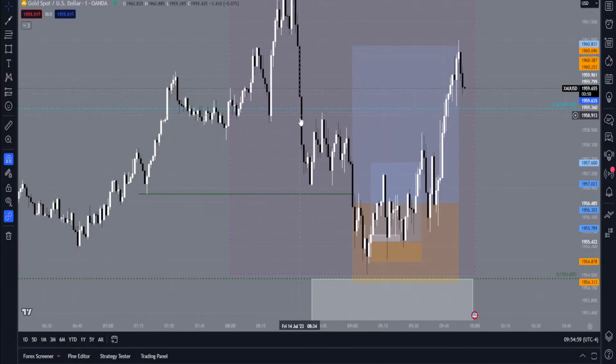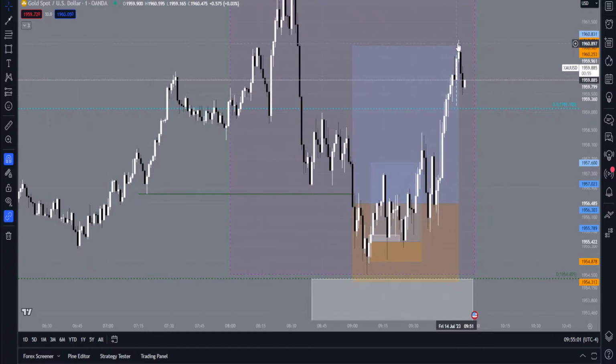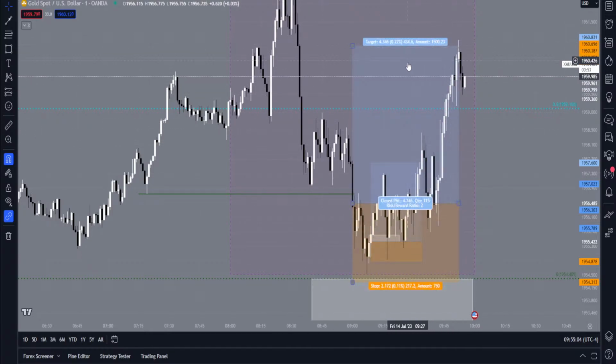because if you look on the left, you have all this imbalance, right? It could reverse at any point. It doesn't have to hit our TP. So that's why I exited a little bit early here.